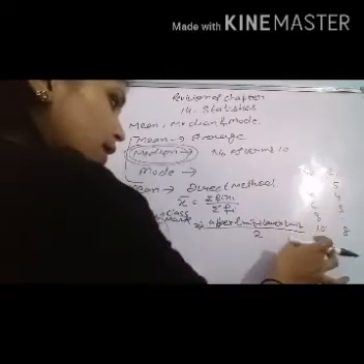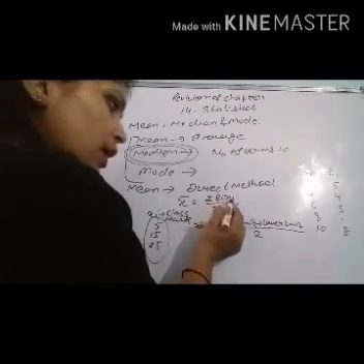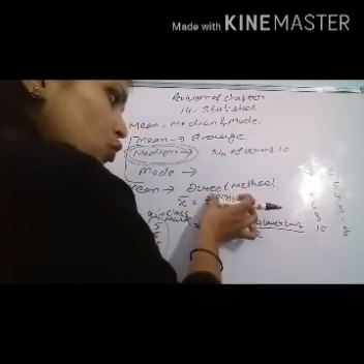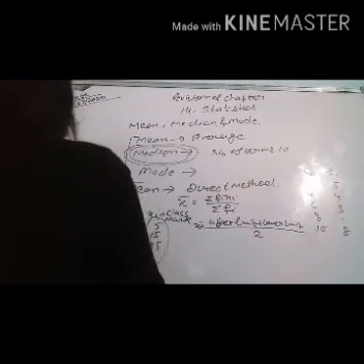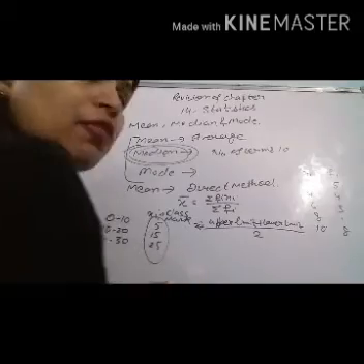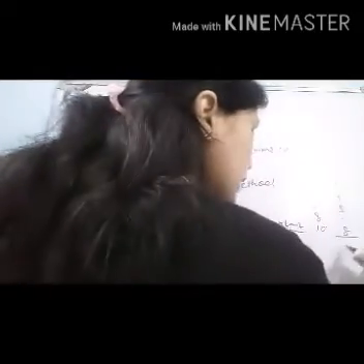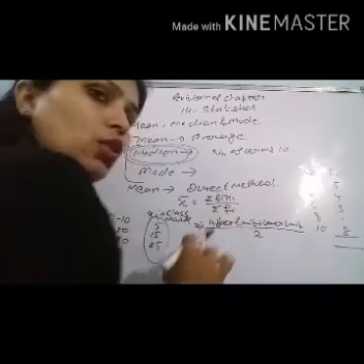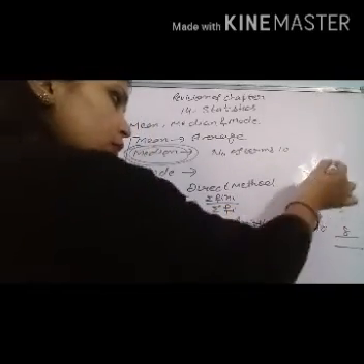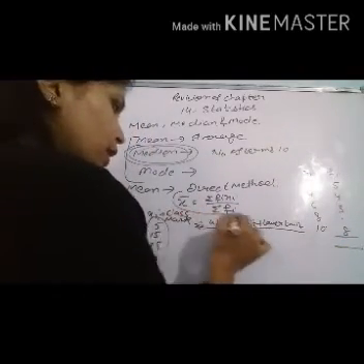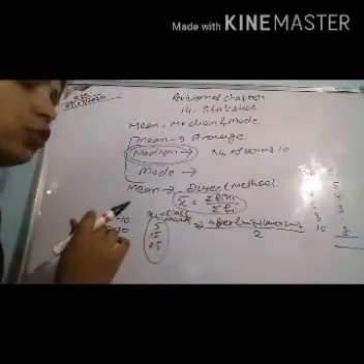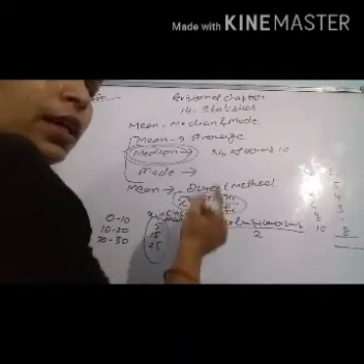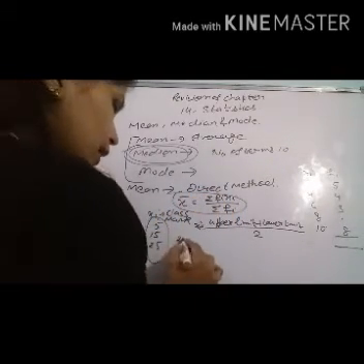Okay. So in this case, what is the formula? fi into xi. Just you have to multiply fi by xi. Then you obtain this value and divide it by summation fi. Summation here stands for the sum, summation means sum of this column. Find out the sum of these frequencies, then you obtain this formula, and this is the value of mean. This is the formula of which method? Direct method.